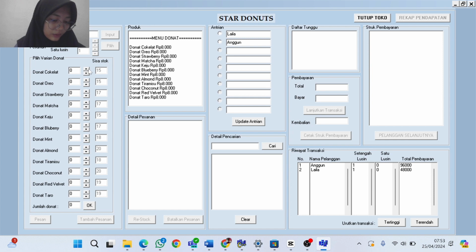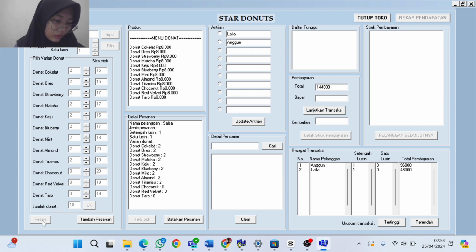Suppose Salsa wants to buy 2 pieces for 9 donut variants. Salsa wants to add another order of half a dozen.